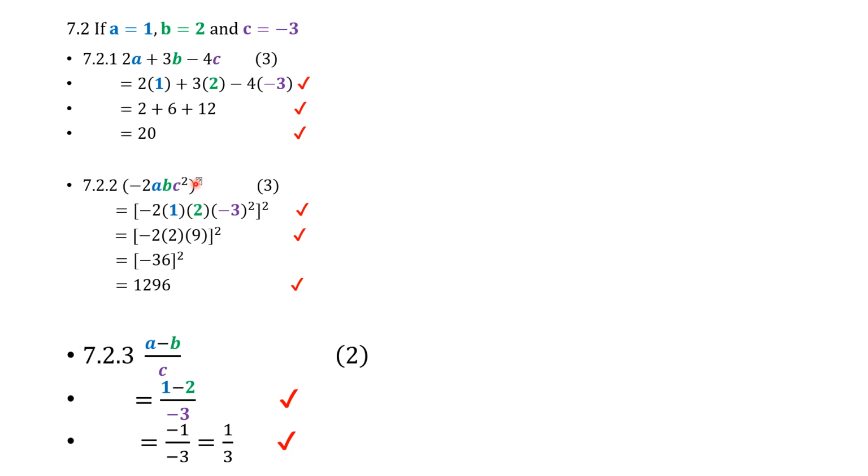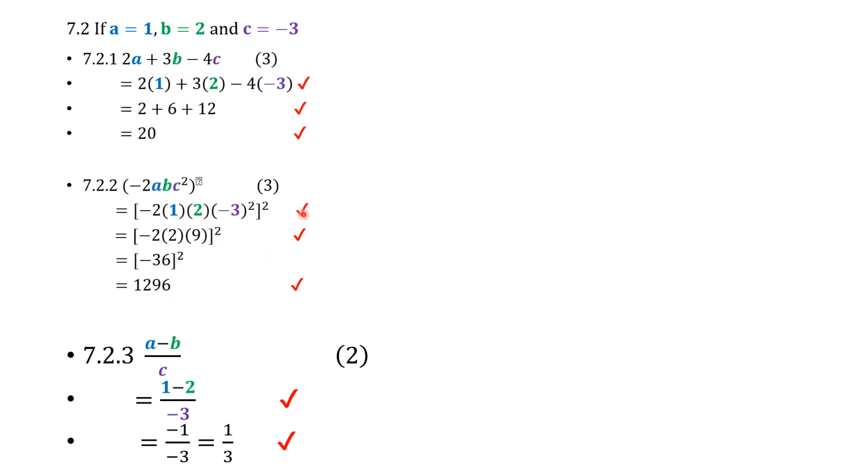So -3 squared, I'm first solving that. Negative times negative is positive. 3 times 3 gives me 9. 2 times 1 gives me 2. So -2 times 2 times 9. So 9 times 2 is 18, times -2 would give me -36. And